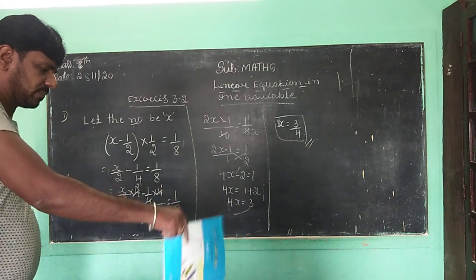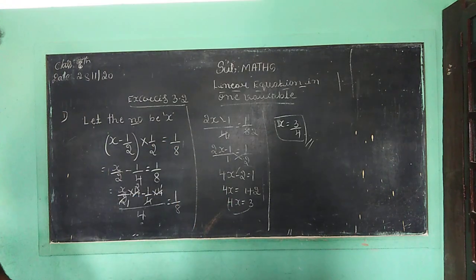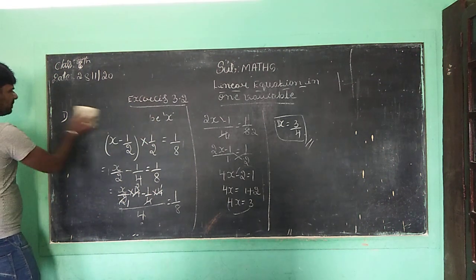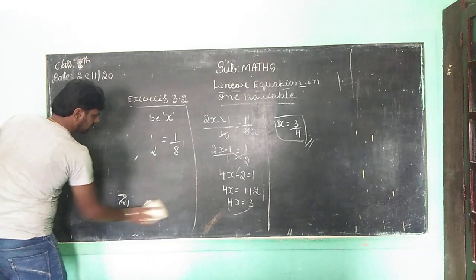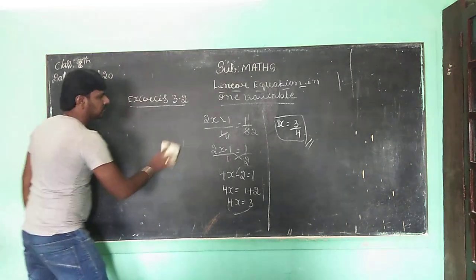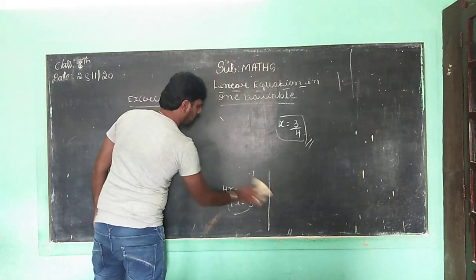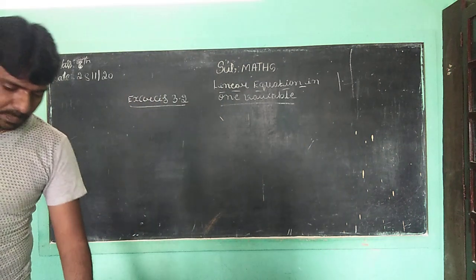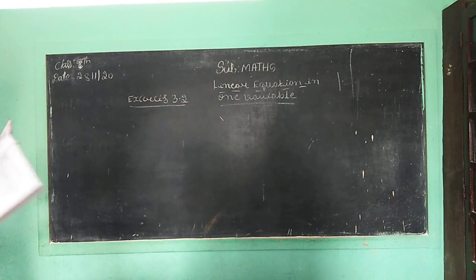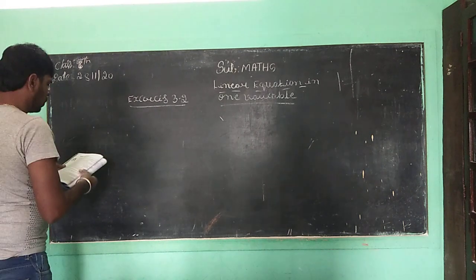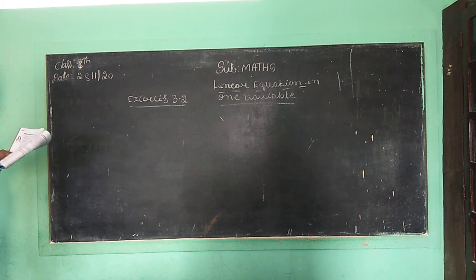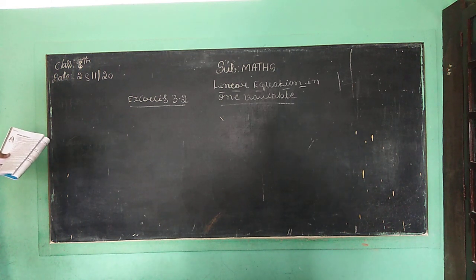Children, next you want to go to the next question. What is that next question? Children, you want to take the next question. Shall I write this one, children? Okay. So you want to take the next question. Children, the perimeter of a rectangular swimming pool is 154 meter and the length is 2 meter more than twice the breadth. What is the length and breadth of the pool?